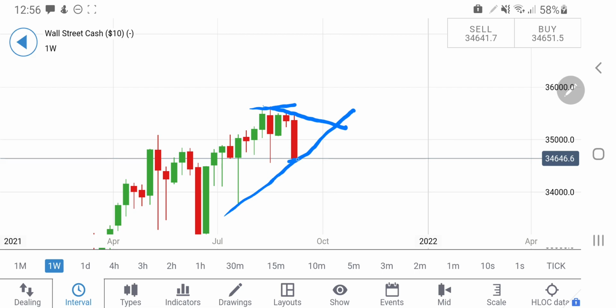But if it breaks this level at 34,600, then directly it will head towards 34,200 and then 33,800 levels also. So I will be very watchful and cautious of this level, and if it rises from here, it might try to again head towards 35,100. Possibly, similar formation we saw on Tech 100 also, a possible expectation of a rise due to higher lows forming, and similarly on Dow Jones a possible expectation of a rise is forming due to